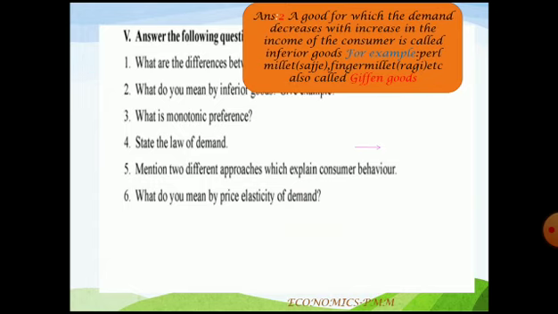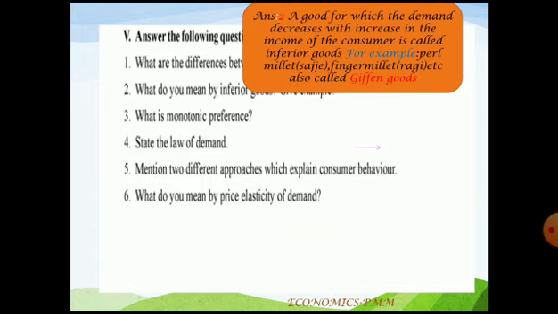Pearl millet, what we call in Kannada sajje, finger millet, ragi, etc. It may be Sona Masuri rice or Basmati rice. Quality-wise and ingredient-wise, you'll find that as the income increases, a few goods become inferior and a few goods become superior. According to that, the consumer behavior changes. He'll see the features of those goods and decide which commodity should be purchased.